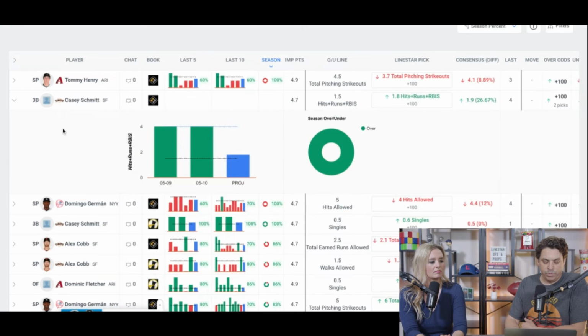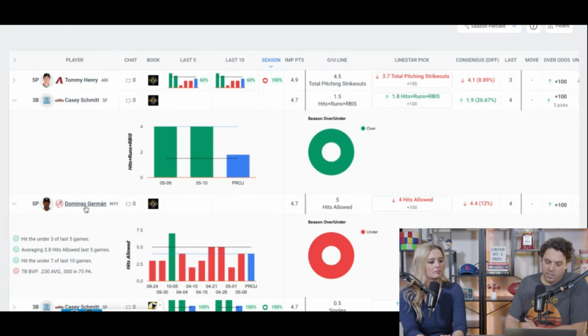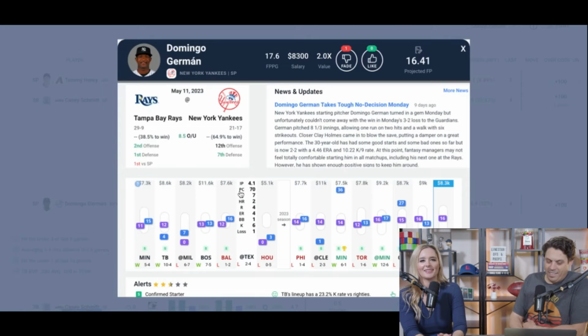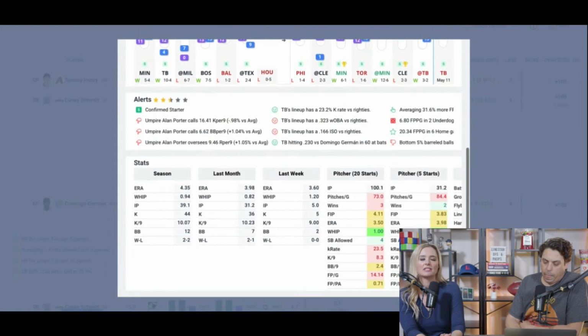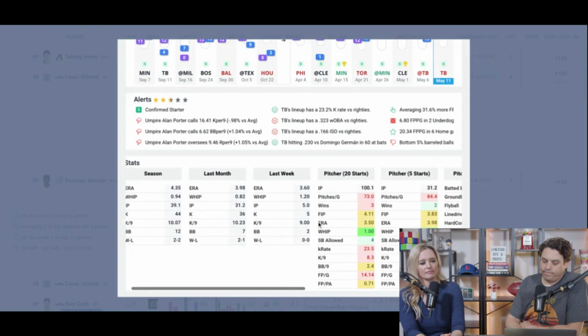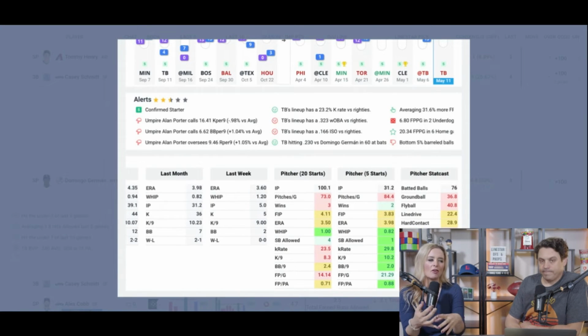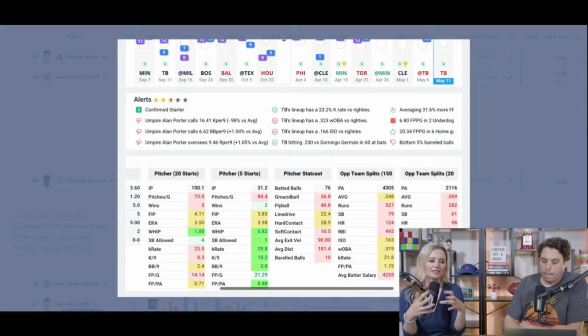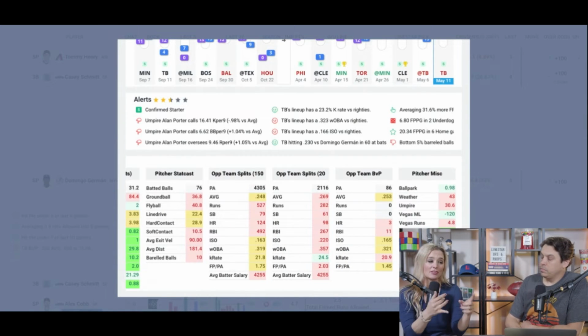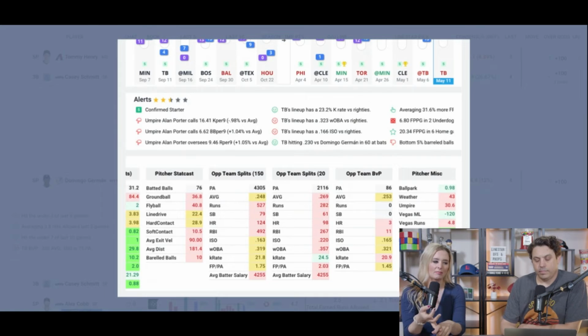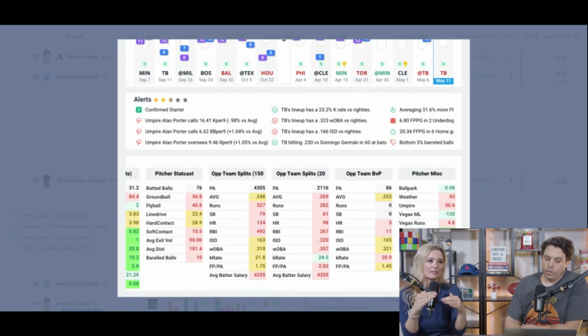Casey Schmidt was not the best. Let's pull up your boy, Erman. Let's see what we got for him. Yeah. So this is basically just a little player card. It has all the stats in one location. I like LineStar for this purpose because it has all the splits, everything you can look up right there on one card. And I like the alert score for LineStar because it tells you what things are popping in terms of that projection.